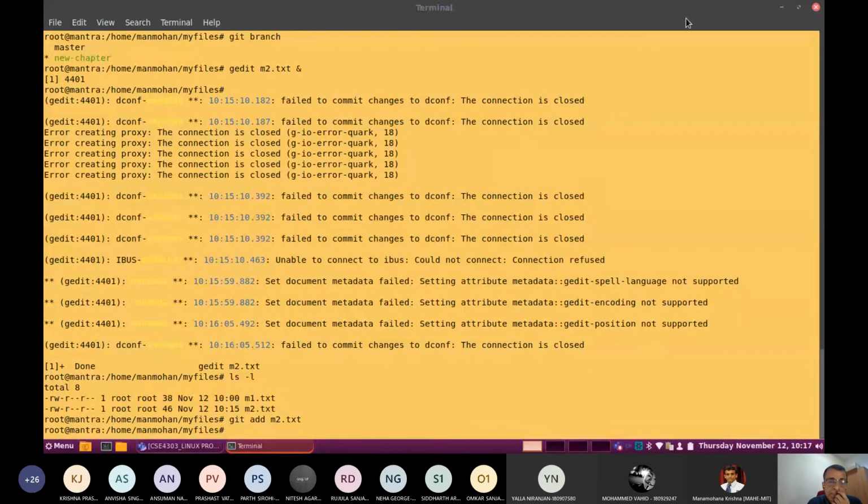So the file is added to the staging area in the branch. I am working in the branch, remember that, not in the default master branch. So m2.txt is the content produced by the new branch.